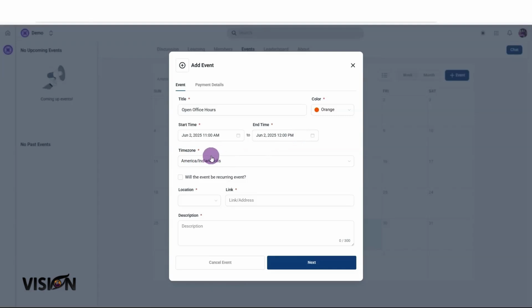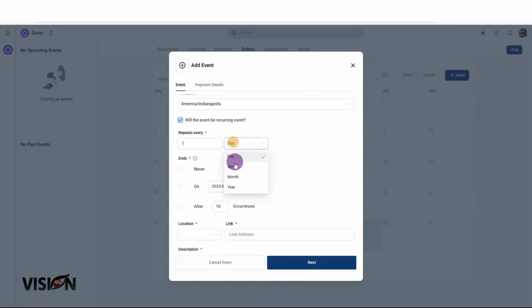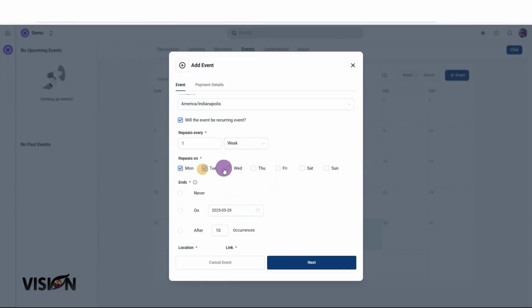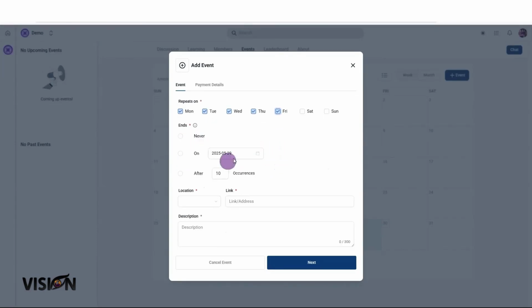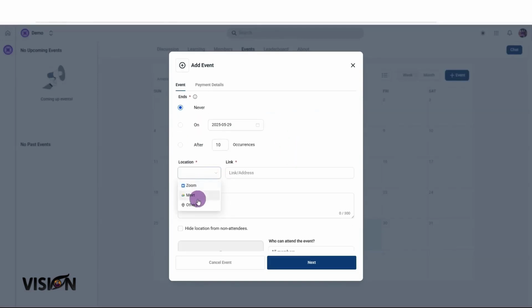We're going to choose our time zone here. This will be a reoccurring event. It's going to repeat once a week, and we're going to select these days. So you see the setup is basically just like Zoom. We can choose when this ends. We'll say never. And we can choose our location link. Now, we could put the Zoom link here,